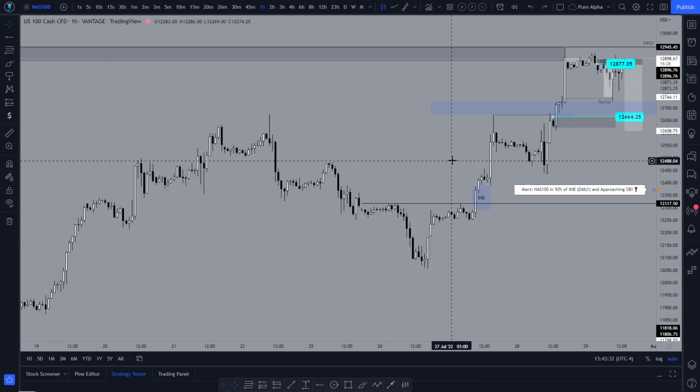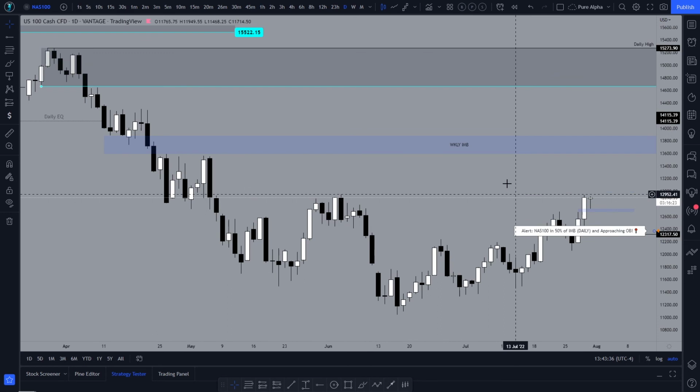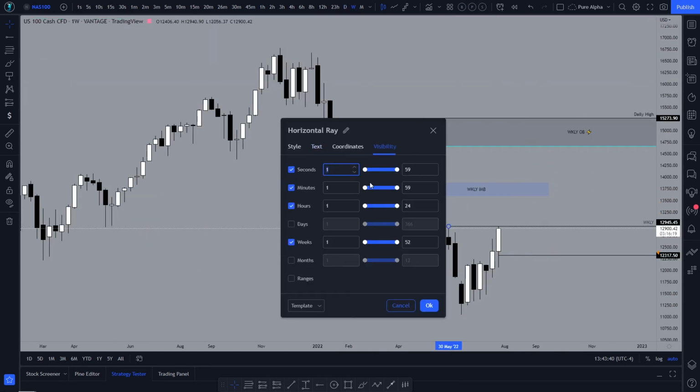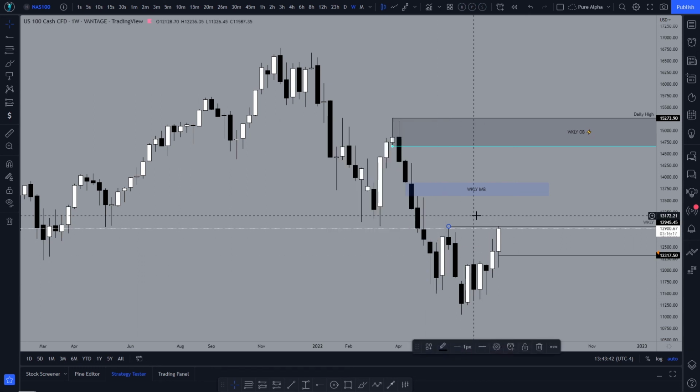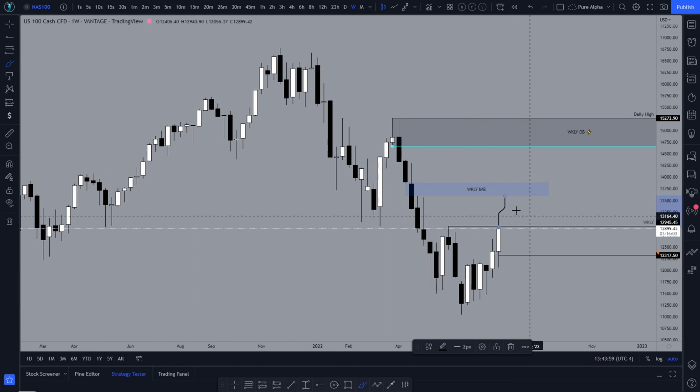Actually, let's go back a little bit. Sorry. So once again, for the future, I'm expecting to see if NAS can break this level up here. This is going to be a very important level. If NAS can get above this level, then I'm potentially expecting price to come all the way up here into that 13,593 level, so it's going to run off by a lot of points. It's going to be really good. If I'm able to get positioned in before, I'm probably just going to hold the trade and see if I can take overall profits at this level up here.